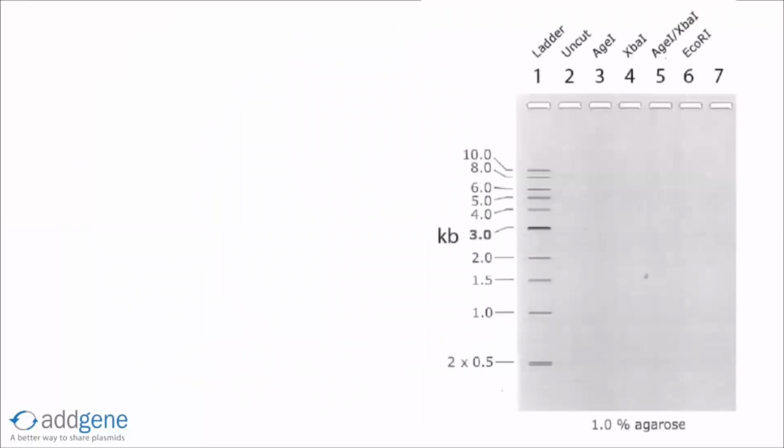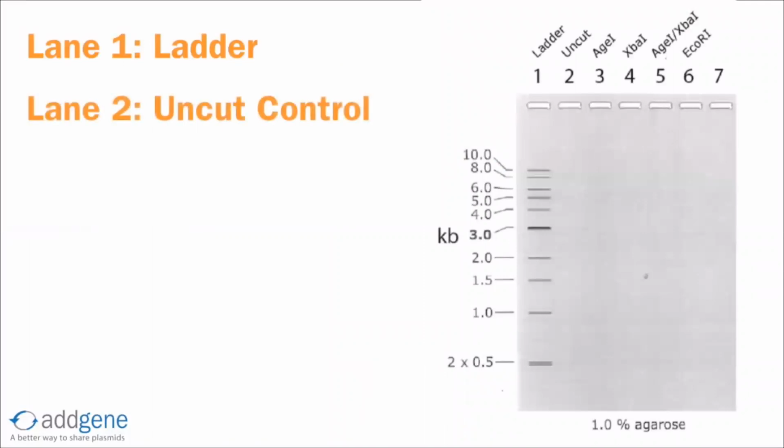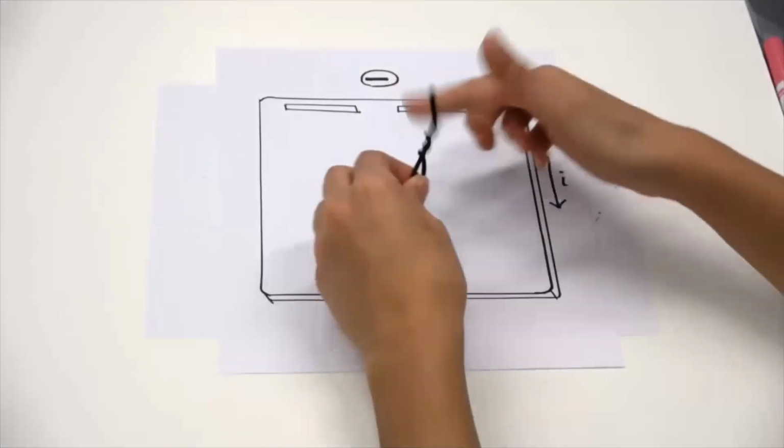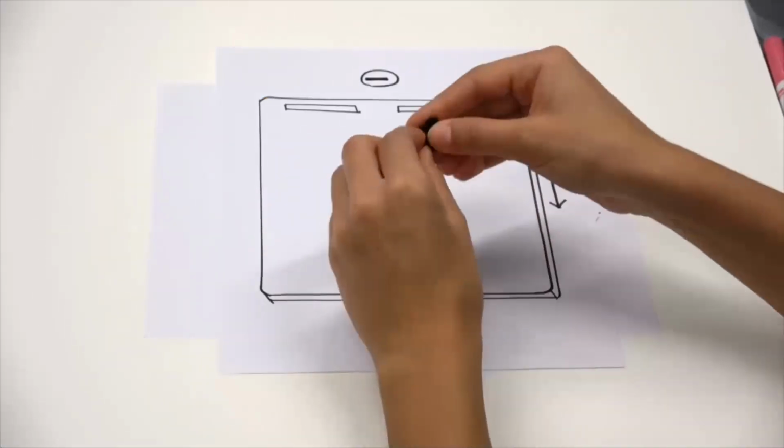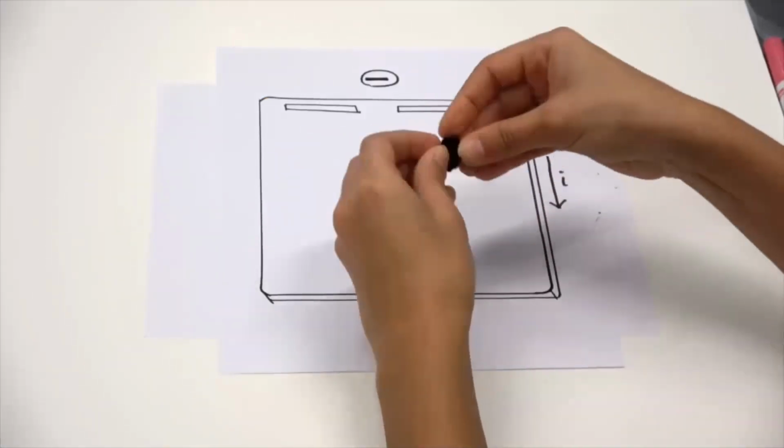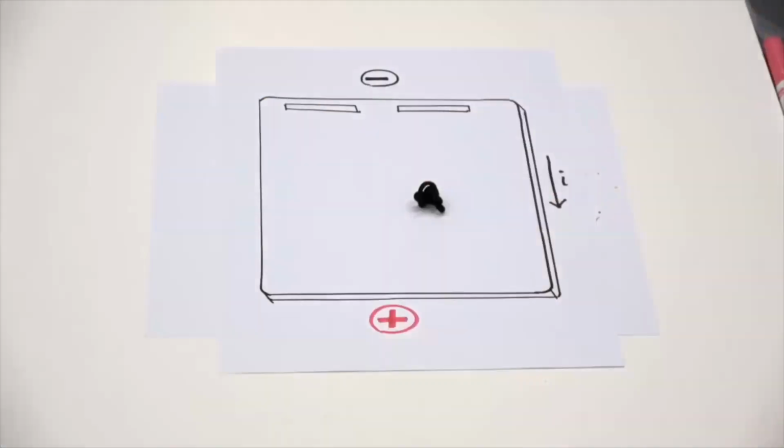Here's our gel. Lane 1 is the size marker, often referred to as the ladder. Lane 2 will be the undigested control. Because this plasmid is circular, the migration pattern of the undigested control diverges a bit from the migration pattern of the ladder, which was made with linear DNA. The uncut plasmid typically adopts a supercoiled conformation. That's because these plasmids were isolated from bacteria, and supercoiled is the native conformation of plasmids in vivo because it's